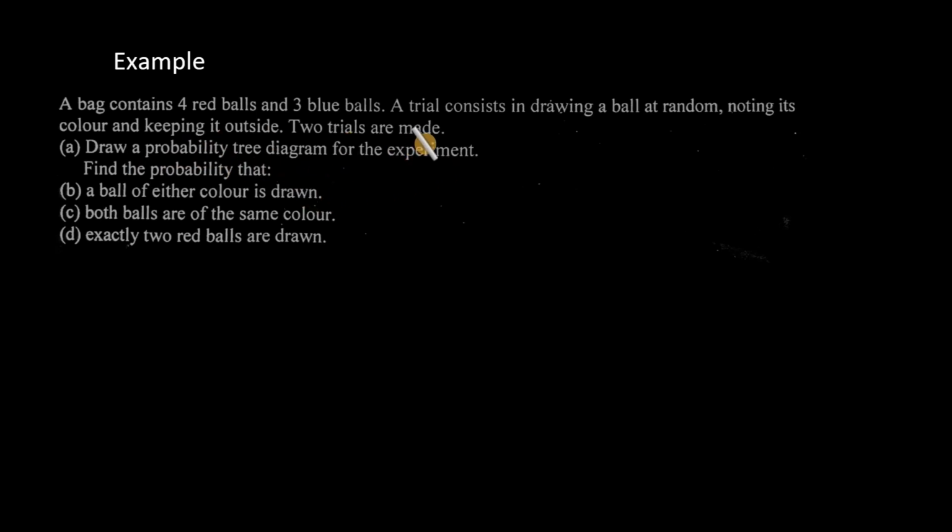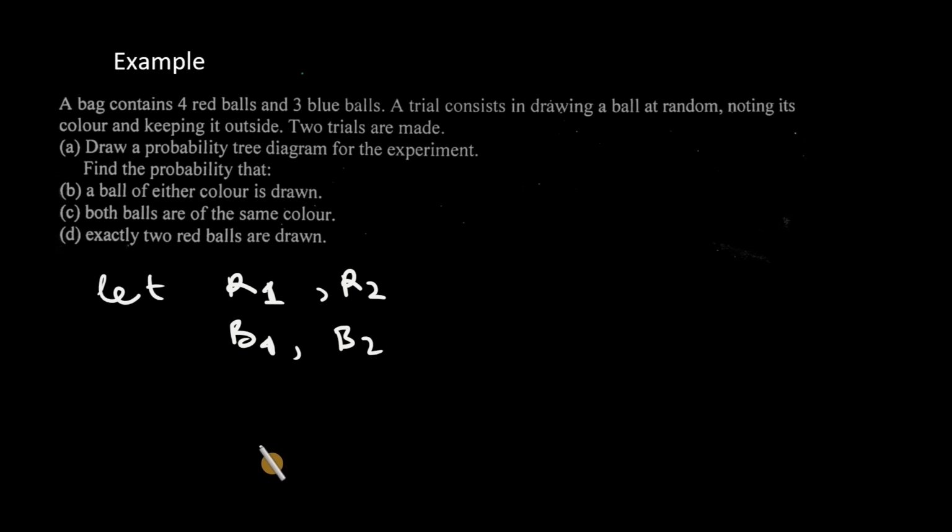So in this question, they said 2 trials were made. It means there is the first trial and there is the second trial. You need to first start by attributing letters to the events involved. The events are drawing a red and drawing a blue ball in the first and the second trial. So I can say, let R1, R2 be the events of drawing a red ball in the first and the second trial, and B1, B2 be the events of drawing a blue ball in the first and the second